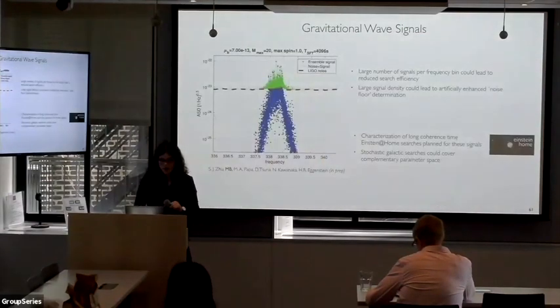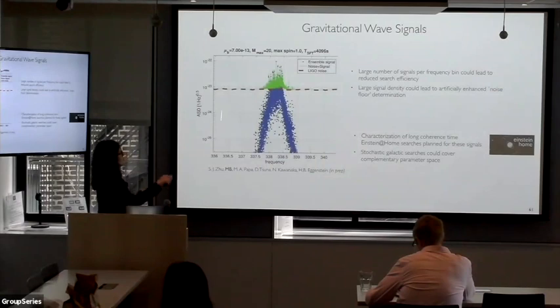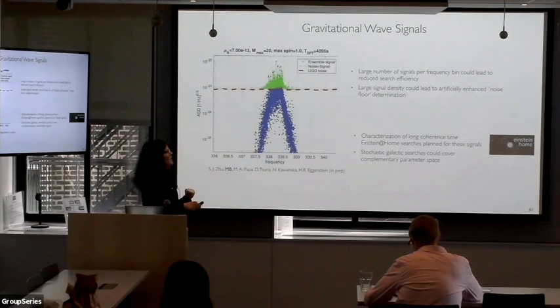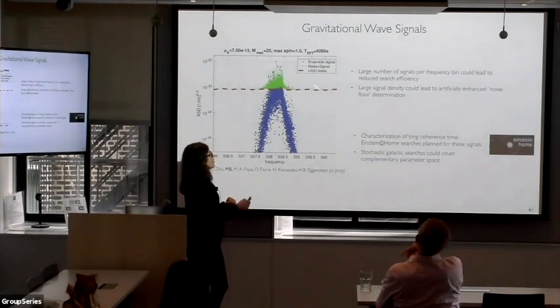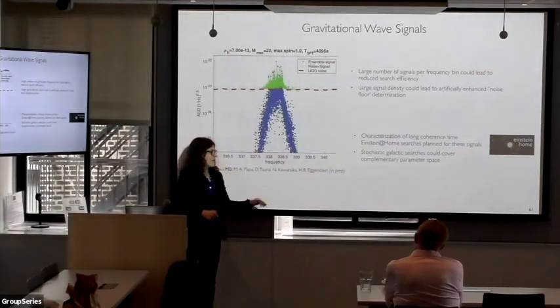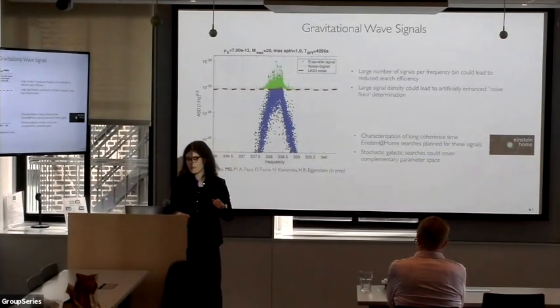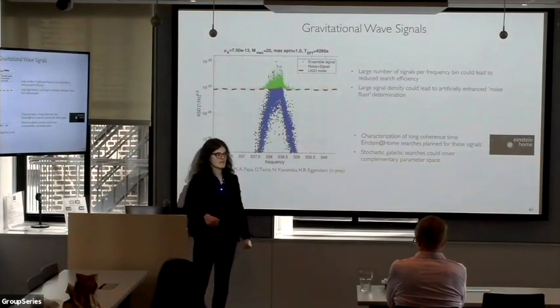So, for example, this is showing the spectral density of LIGO in the presence of all of these signals. This is the real spectral density, and this is what you would infer by looking at your data if there was a light axion around. And so you might try to subtract this extra noise because you think that this is part of some systematic or instrumental issue. So in some parts of the parameter space, we're going to re-characterize the LIGO pipelines to make sure that they're still sensitive in the regime of many dense signals.